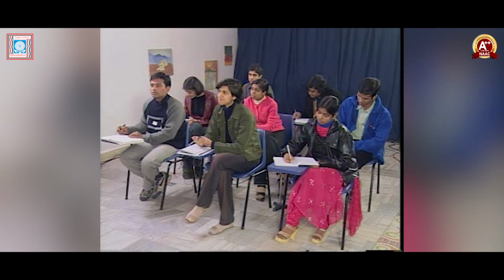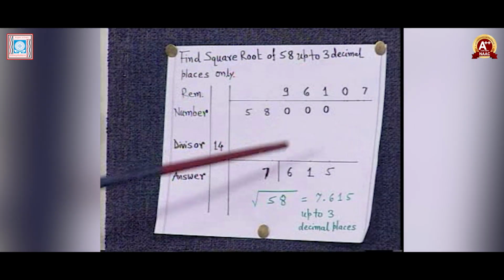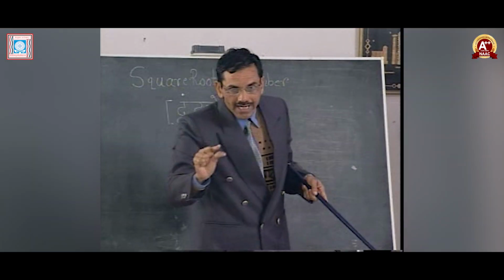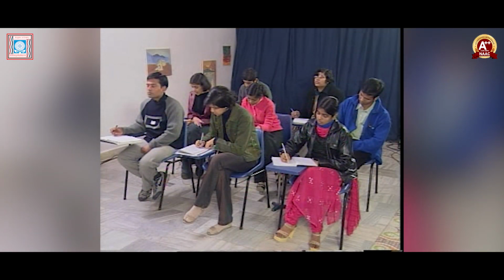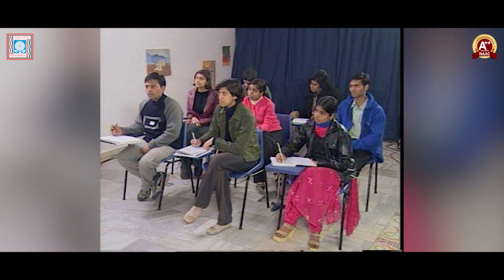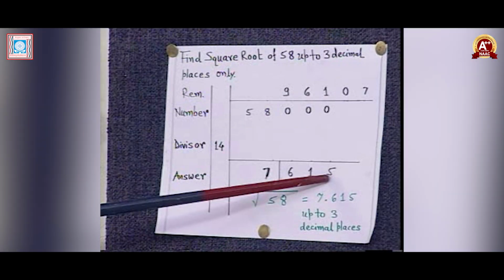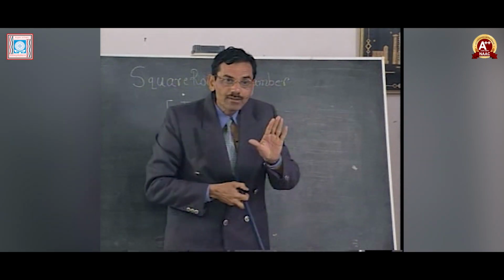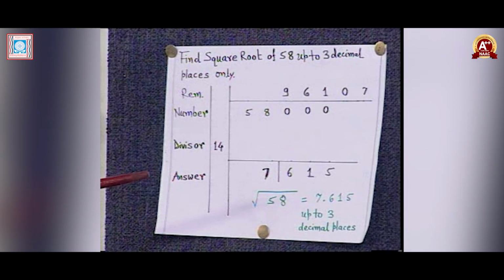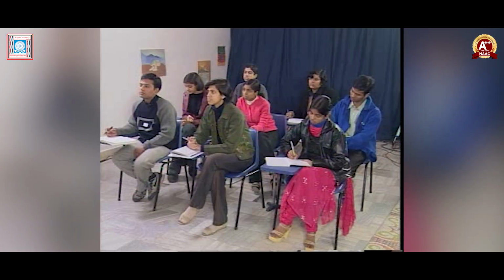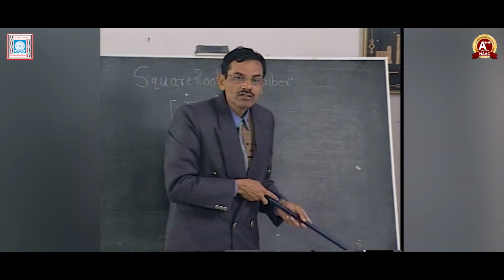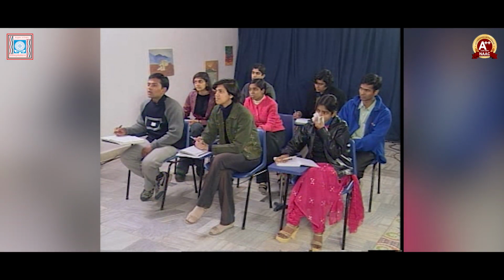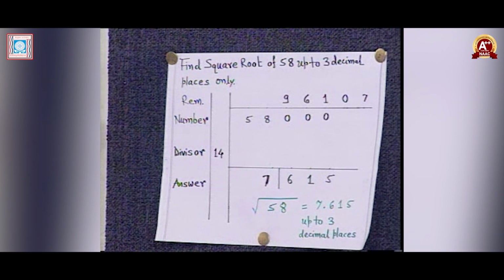Following? Yes, sir. 100 minus 12 is 88. We divide 88 by 14, but when we subtract, we get a negative number. So what will we do then? We will take 5. So 5 is the quotient, remainder 7. Now we discontinue the procedure only because the answer expected is up to 3 decimal places. How do we decide whether we are getting the required number of places? That depends on the number of groups. There is only one group. So my answer will be